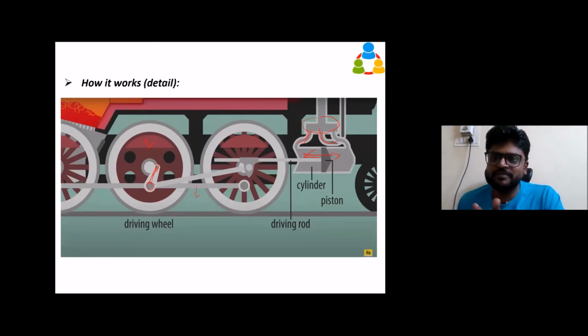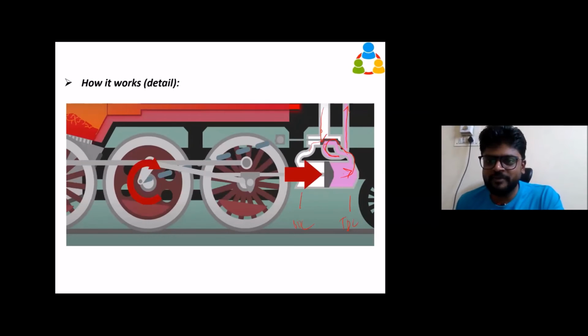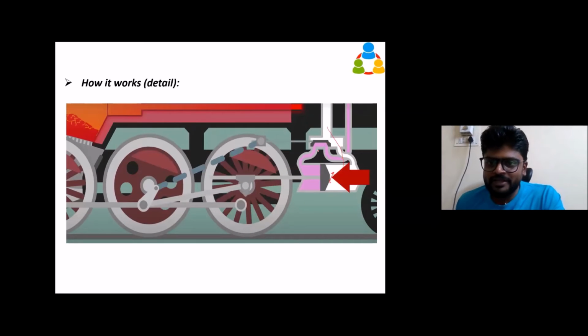This is called the steam line. There are two steam lines and one exhaust line. With the help of the valve, we will connect either this or this. You can see that with the help of the valve, the exhaust is always open, but only the left or right side of the steam line is decided by the moving valve, so that the piston will move forward and backward.